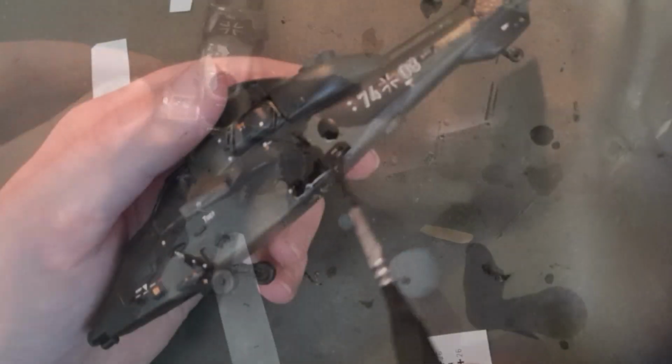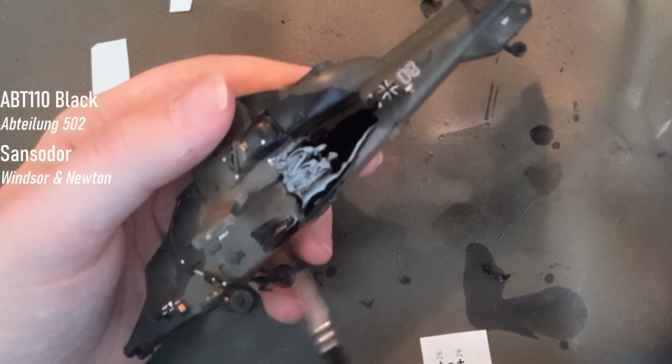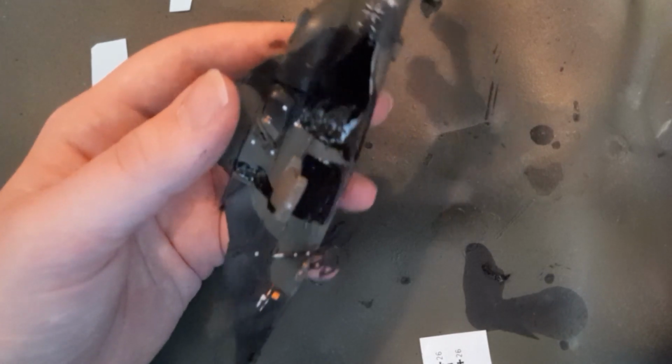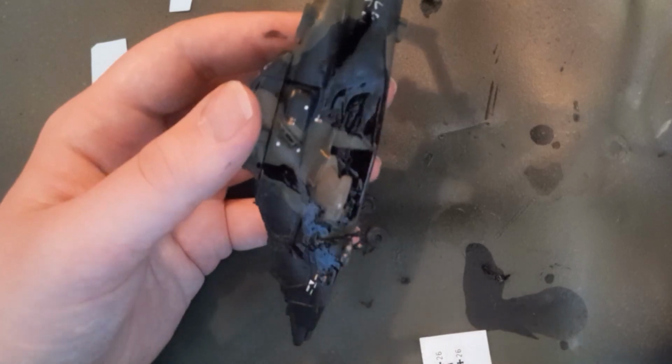I then apply an all-over wash of diluted black oil paint to accentuate panel lines and provide some weathering. I wanted to keep the heli quite clean overall, as German vehicles are not typically deployed overseas and are often fresh from maintenance. After allowing this to dry for a few hours, I wipe off the excess with a sponge